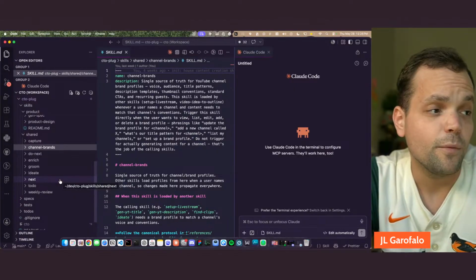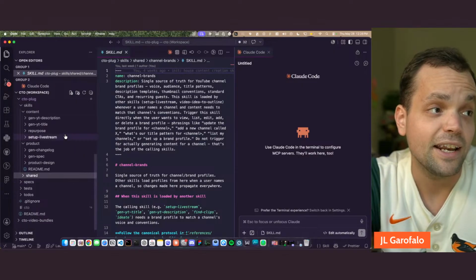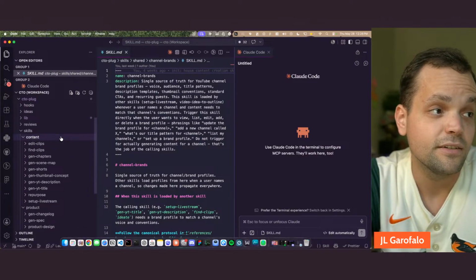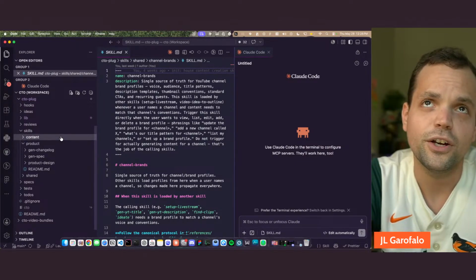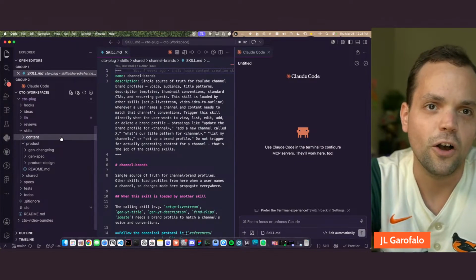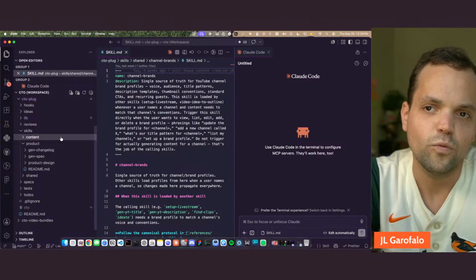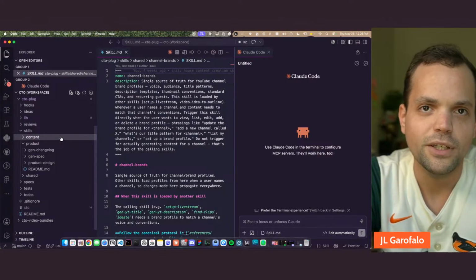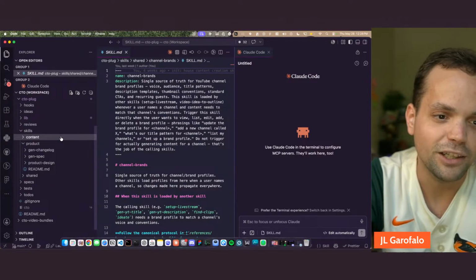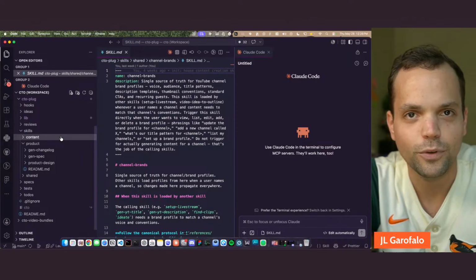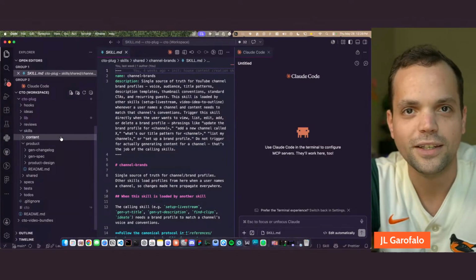One thing I want to talk about today too is what sort of hooks we can start adding, because I haven't added any hooks to this really. Hooks run at certain points during your interaction life cycle with Claude. For instance, right as you submit a prompt, you could have a hook that does something after you click, but before it gets sent to the Claude server to be processed.